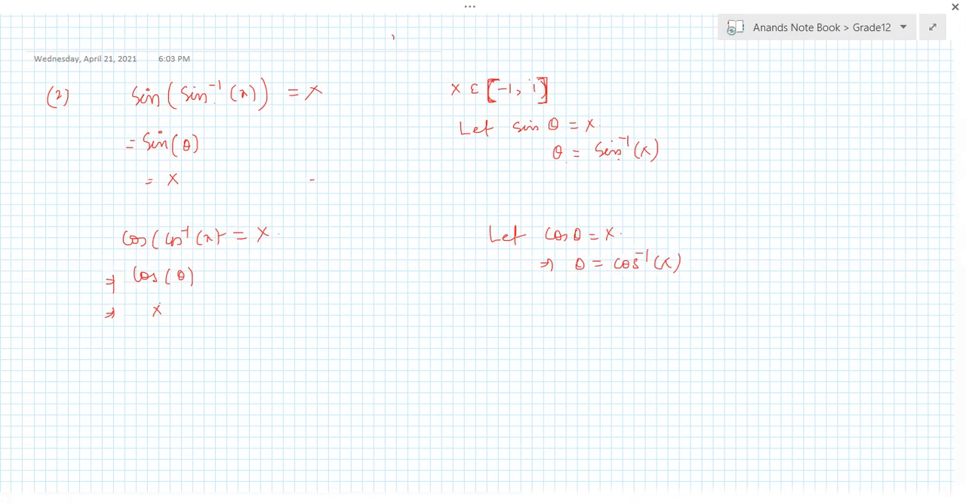Is it okay, guys? Similarly, you can prove for cot inverse and secant inverse. So what's the domain of cos? Here cos also will be -1 to +1. It will be like sine. X belongs to